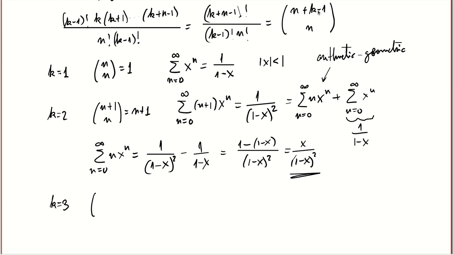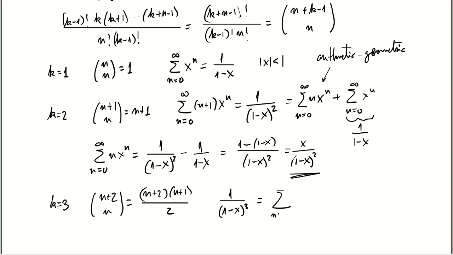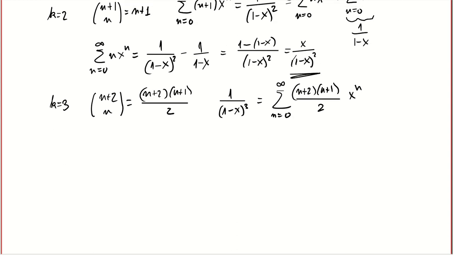For k equal to 3, we have 3 minus 1 is 2, so we have n plus 2 over n, and that is n plus 2 times n plus 1 over 2. So what we have is that 1 over 1 minus x cubed has this expansion: the sum from 0 to infinity of n plus 2 times n plus 1 divided by 2, times x to the n. Fine. That's the answer to the problem,